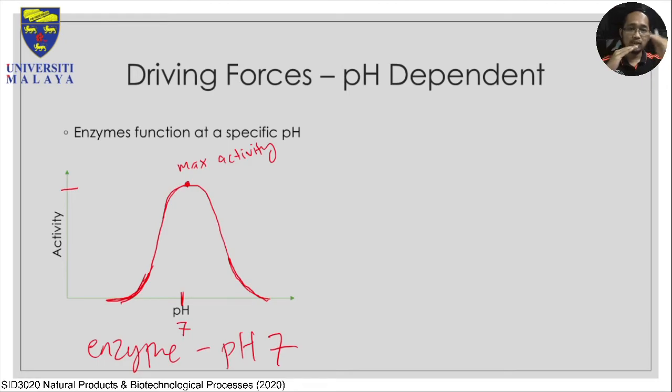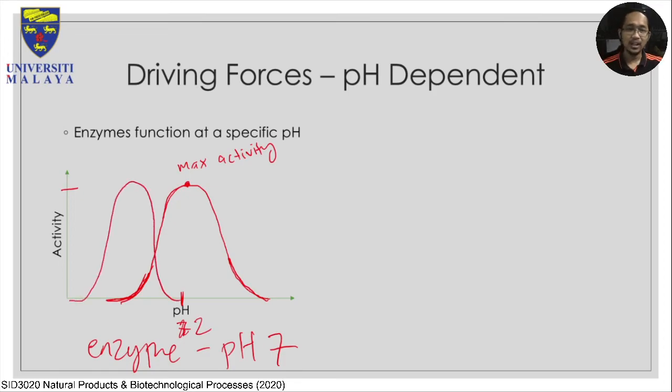Okay, so same thing. The activity of an enzyme will have the shape of a bell. It's not straight, it's not linear, it's not skewed and whatnot. So it's a matter of where you shift the pH. If you shift the pH to 2, it's the same thing. The activity will be a bell shape,